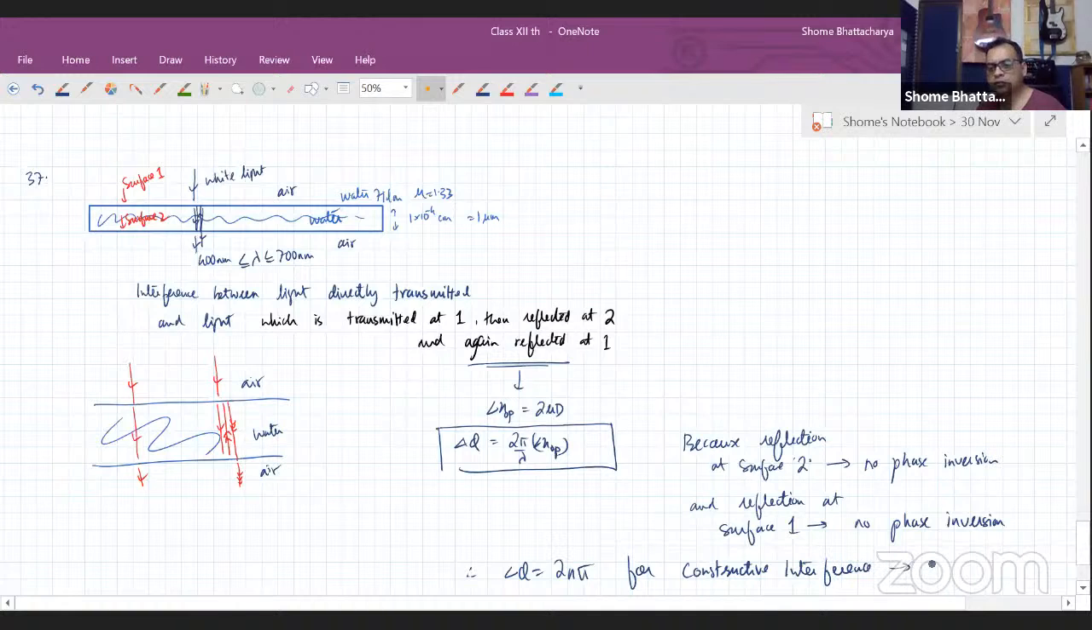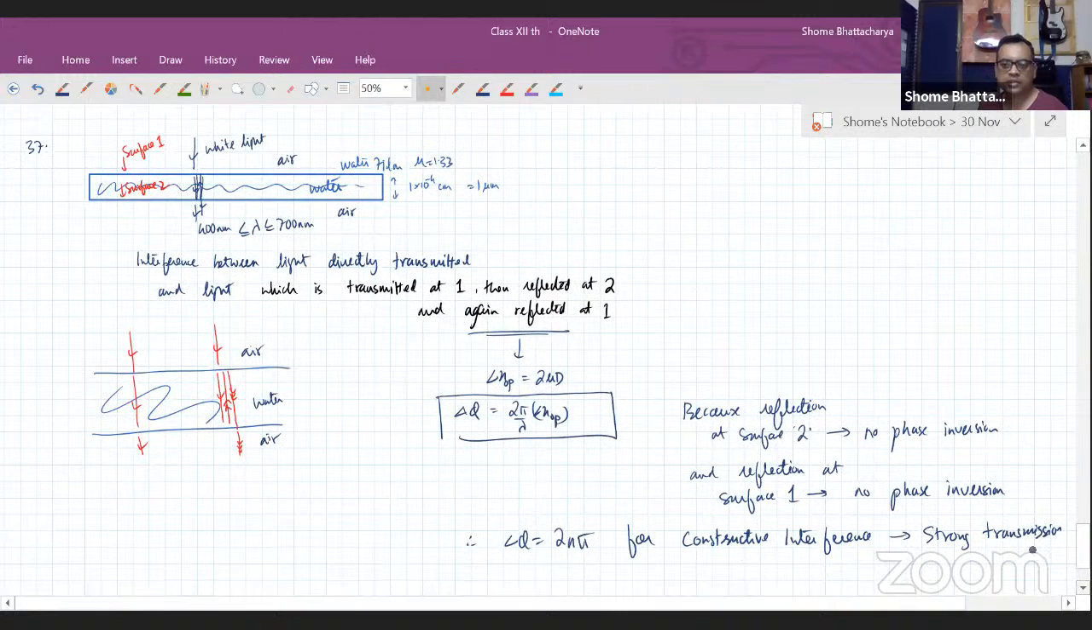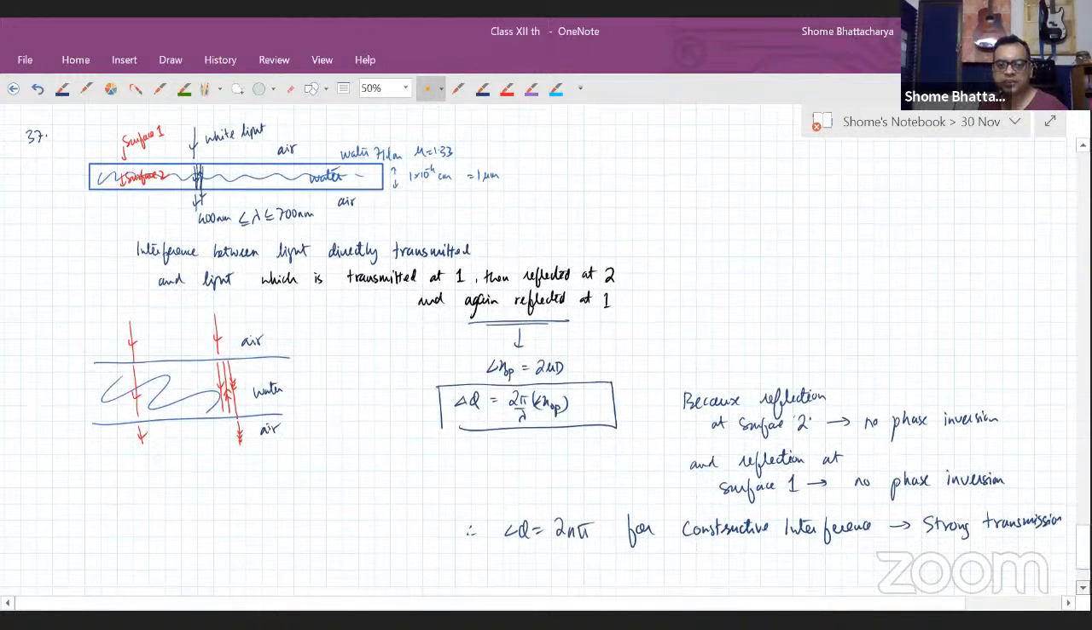That is for strong transmission. Okay. So here also the phase difference, phase inversion doesn't play a role. I'll show you an example where phase inversion plays a role, but here it does not play a role. Okay. So the condition is that